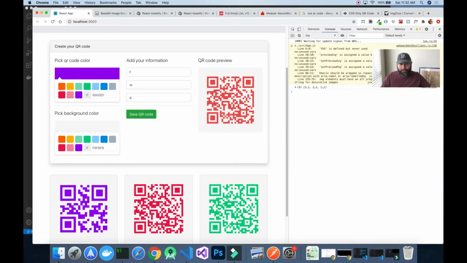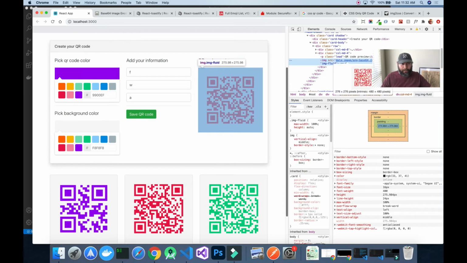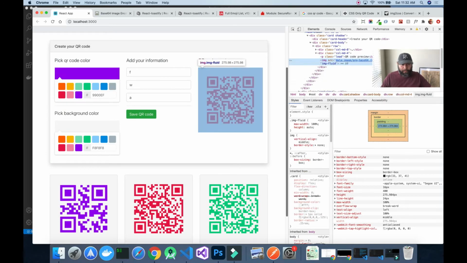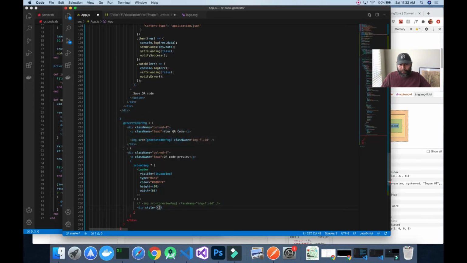Let me see this one. What do we get here? I guess 100% width, 100% height,